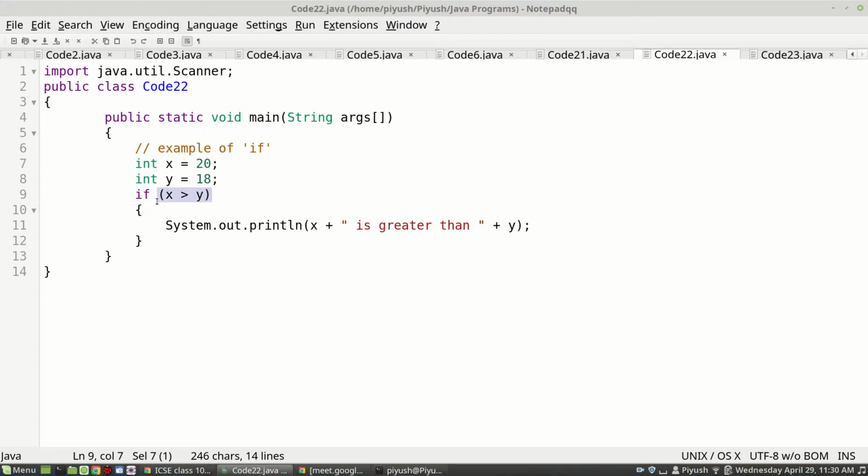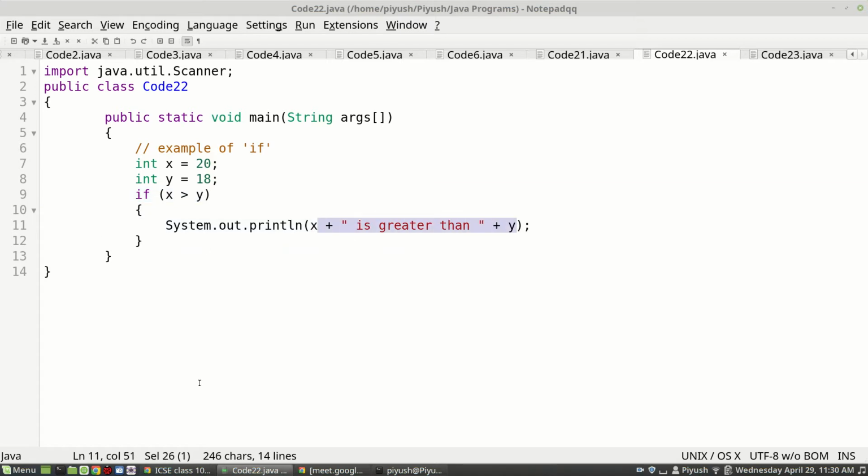Though there are two possible outcomes for this condition testing, that is, either this condition will result in true or false, we are only concerned when the condition matches, or when the condition results in true. So out of the two or more possible outcomes, in this case only two outcomes are there, we are only concerned about one possible outcome, when x is greater than y.